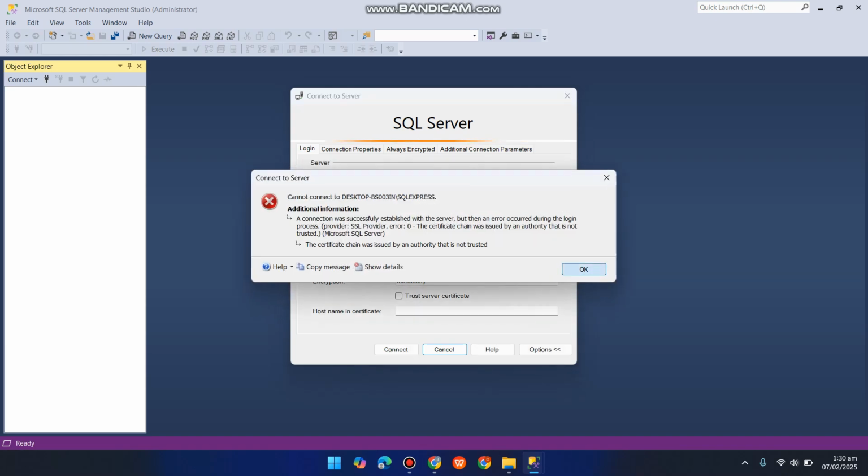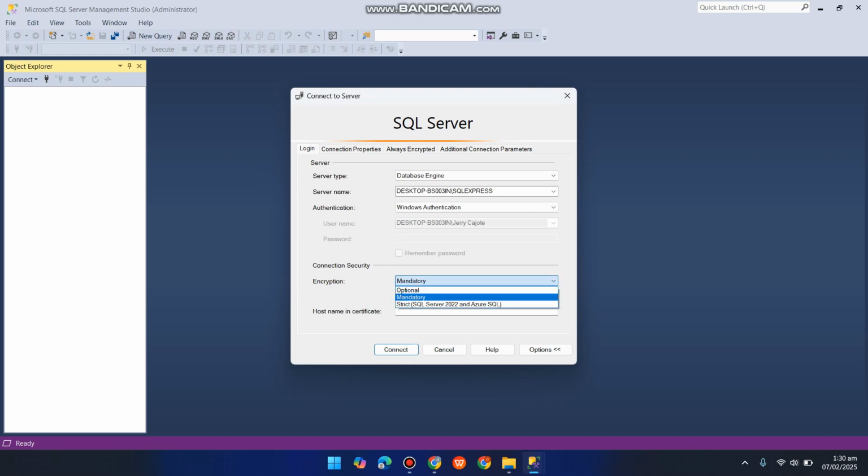And if this pop-up error appears, set it for optional, or click trust this certificate to make it work. And here you go. You will click your project.